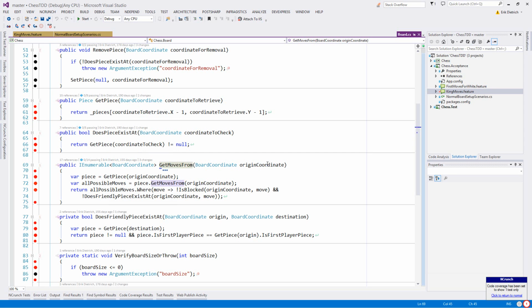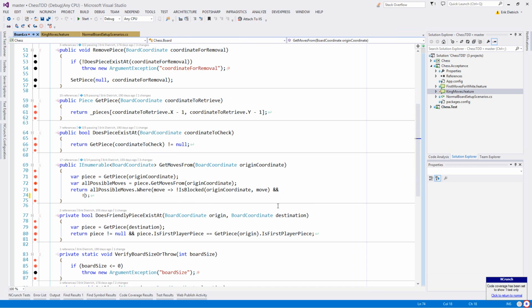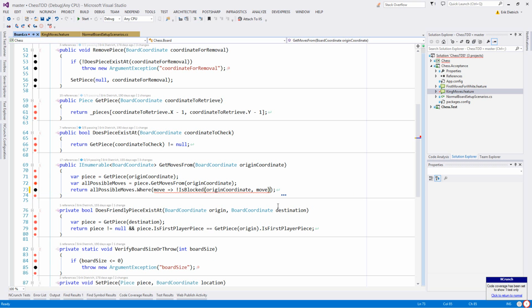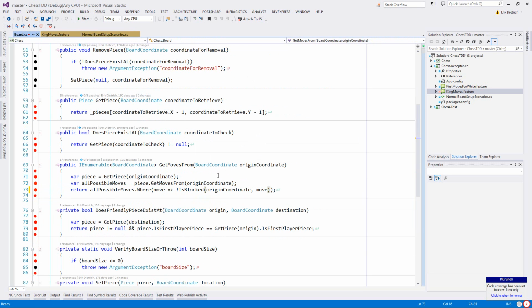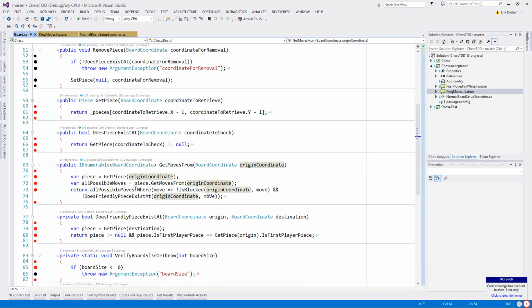So what you're watching me do right now is kind of try to wrap my head around what's going wrong. Where we left off last time was that all possible moves seem to be going well, but these two pieces of filtration, I guess, at the end here, where I'm refining all possible moves based on restrictions, that's where we're encountering a problem. So one of the techniques that you'll see me employ here that doesn't involve the debugger is this kind of binary search concept. So I've got two different